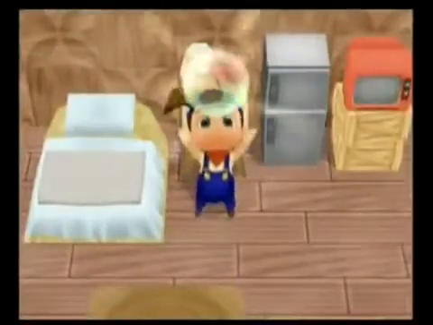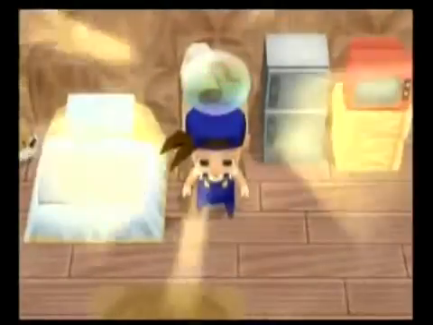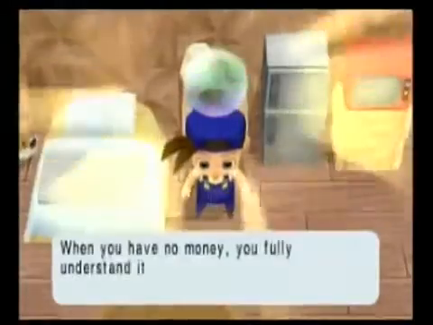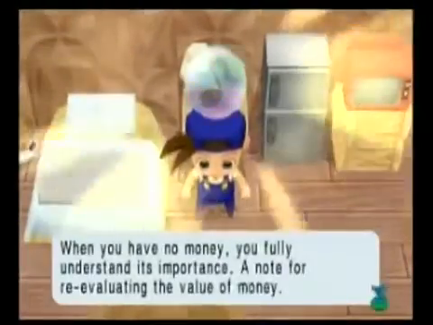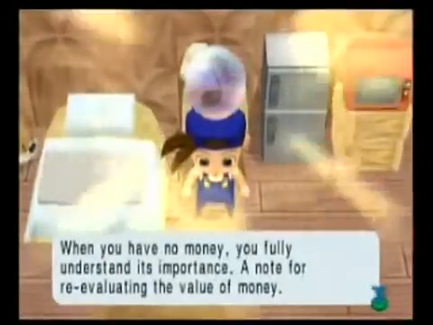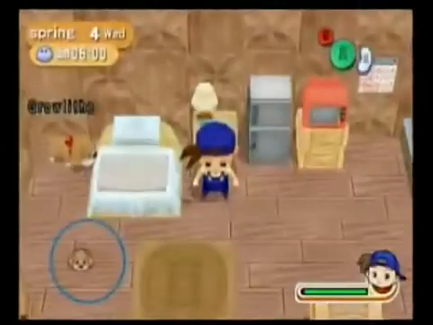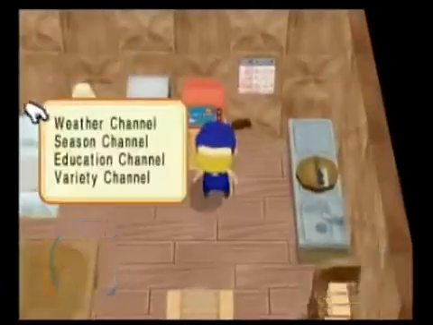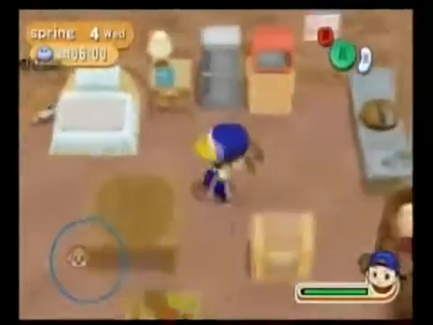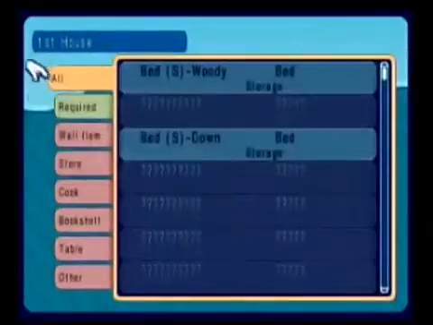Alright, so it looks like we're getting that note that I was trying to get. This is the poor note, so it's best to get that at the start of the game, because it's kind of harder to spend money once you have a bunch. So when you have no money, you fully understand its importance. A note for reevaluating the value of money. So that's kind of nice. Sunny skies tomorrow. I'm gonna go ahead and rearrange the furniture, so...